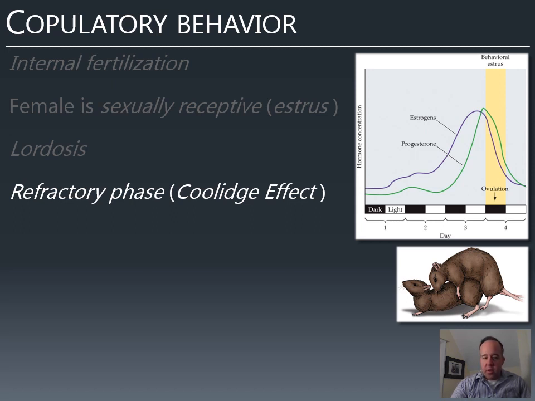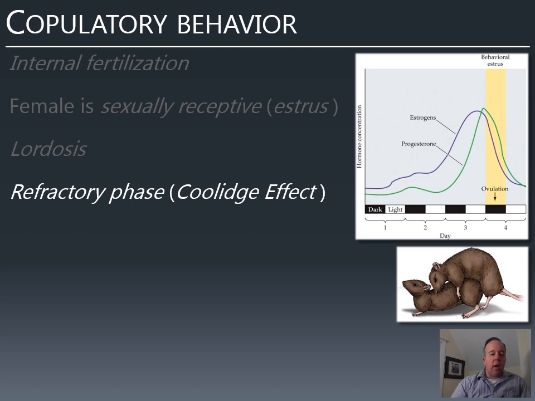And then, of course, there's copulation itself, and this is followed by what's called the refractory phase. And this is another phrase that we've seen before in the context of action potentials. We have the refractory period, when the neuron has fired an action potential and cannot do so again for a little while. Similarly, members of a species will have a refractory phase where they will not engage in copulation again until a certain amount of time has passed. And that time period can vary widely from minutes to hours to days. And this is more often applied to males, that males have a certain period of time after orgasm that they cannot engage in